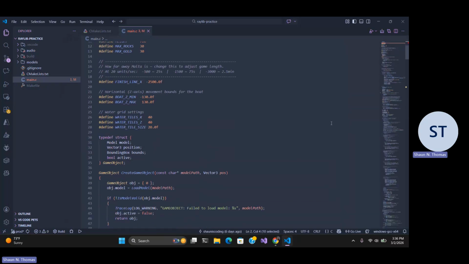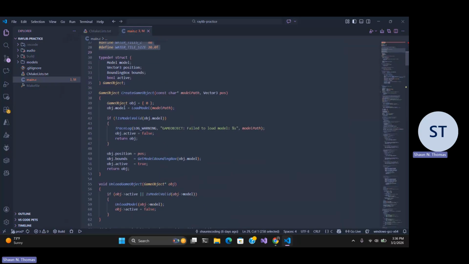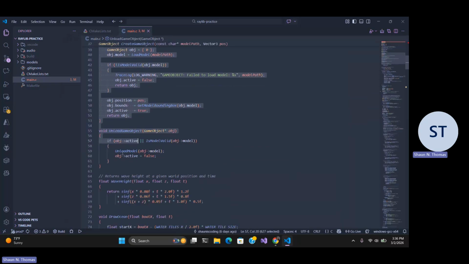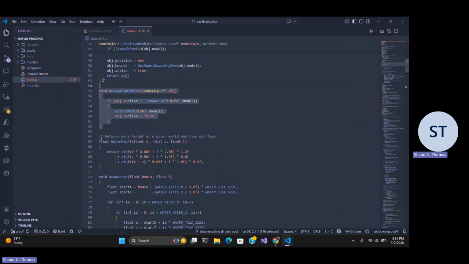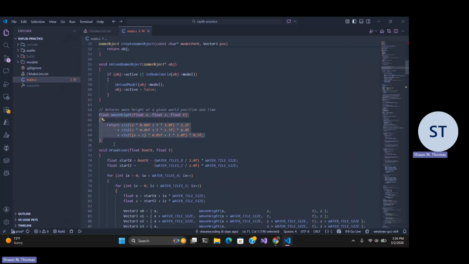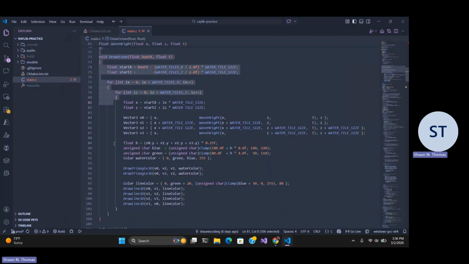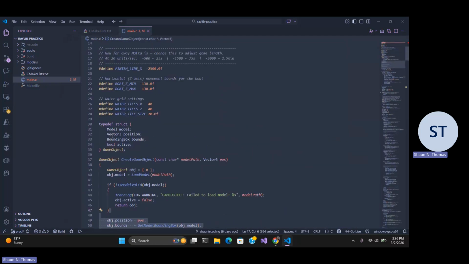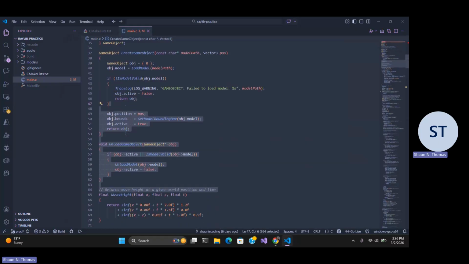Here we have most of the code transported from the lightweight JavaVM library to Raylib. We have some initial variables and a struct to define the boat and the water as well. Then here we have the game object, to create a game object and then to unload the game object. And here's how we make the waves, and then the ocean as well, which takes the previous wave tile definitions